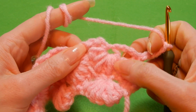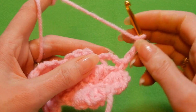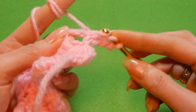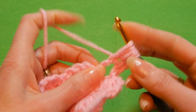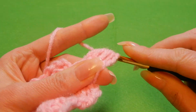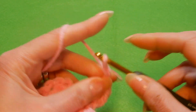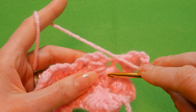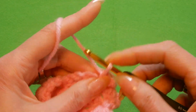So you have the eye here, in which you're gonna do a single crochet, but first we're gonna go here, the first 3 chains here. So in the first chain you're gonna pick up once, go to the next chain, second and the third, pull the yarn through all the loops, close that, and chain 3, 1, 2 and 3, and you go into the eye here, and you're gonna do a single crochet. You're gonna chain 3,